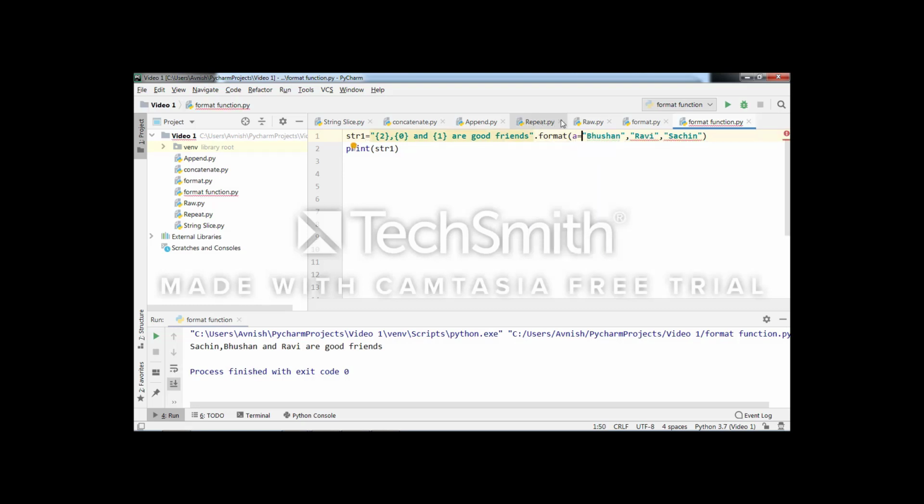Here a will be my key and Bhushan will be the value for that key. In the same way, I can do that for the second argument also. I will take variable b as a key, with Ravi's name as the second value, and third will be c, and I will assign the Sachin value to that key c.